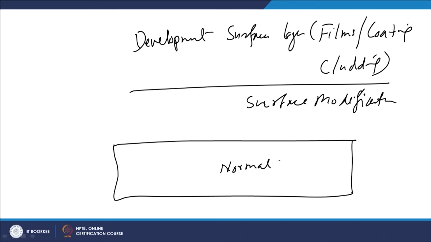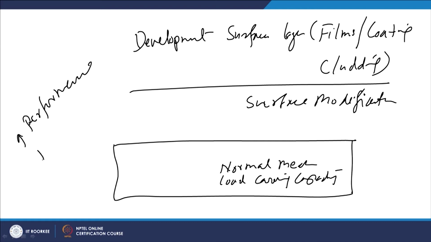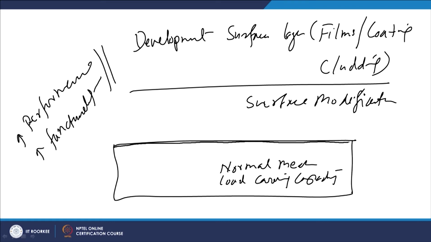So, normal mechanical load carrying capacity is offered by the material of which the component is made. But if you want to increase the performance or the functionality of the component, and it is required that the surface of the component has a specific set of properties which are absent in the normal substrate, then these properties can be achieved by